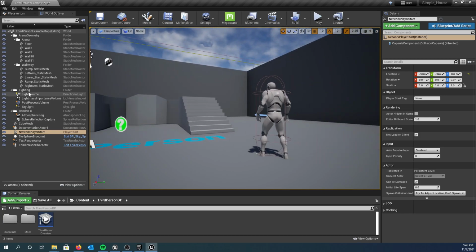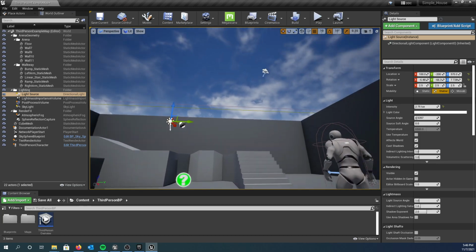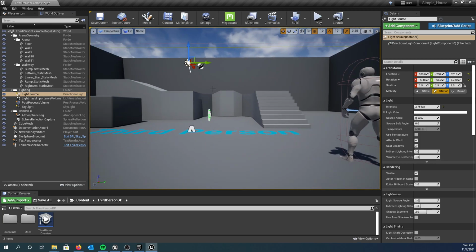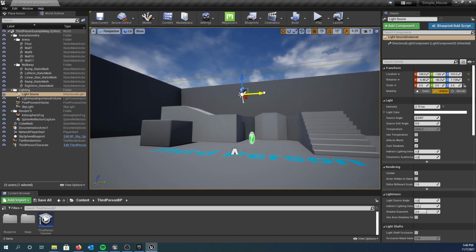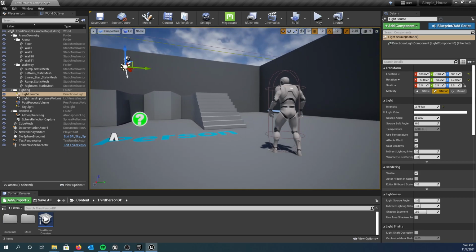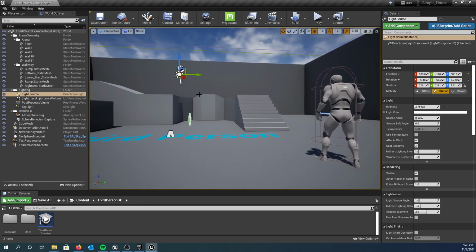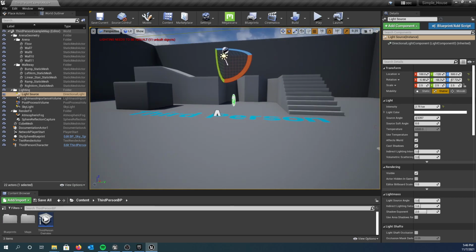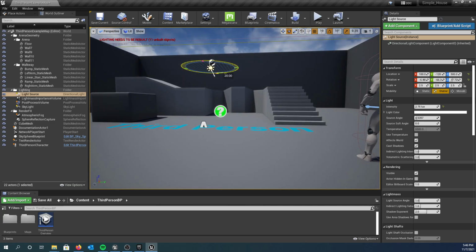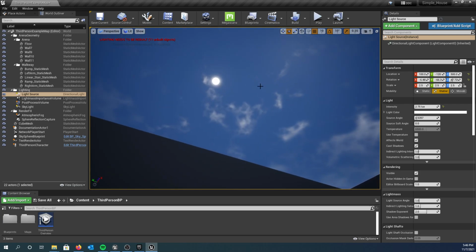There is also a light source, which is something we'll get into a little bit more, but this is what gives us a light in our scene. You can see that it is from this point here, but moving it around does not change it. By rotating it, though, you can actually change the way the shadows face in the scene. But when you do that, you're going to break the position of the sun, because the sun is actually tied to the light source, but it is kind of a separate entity that's part of the,